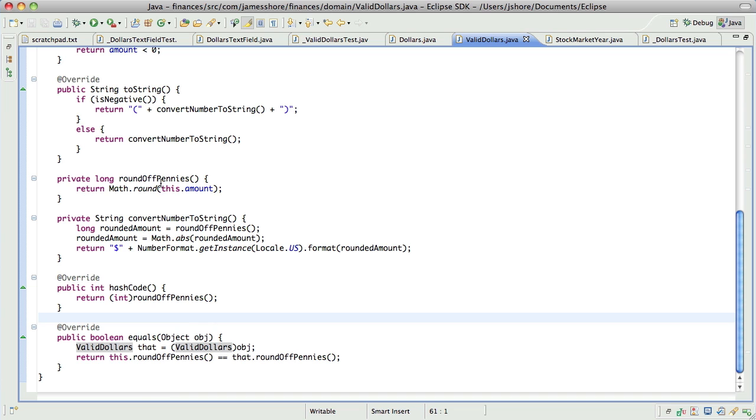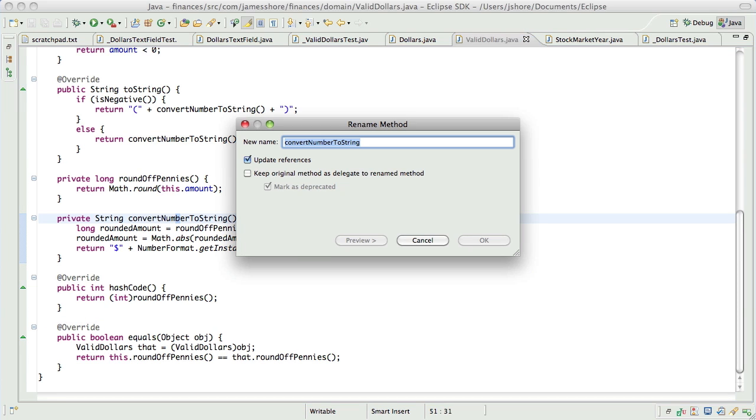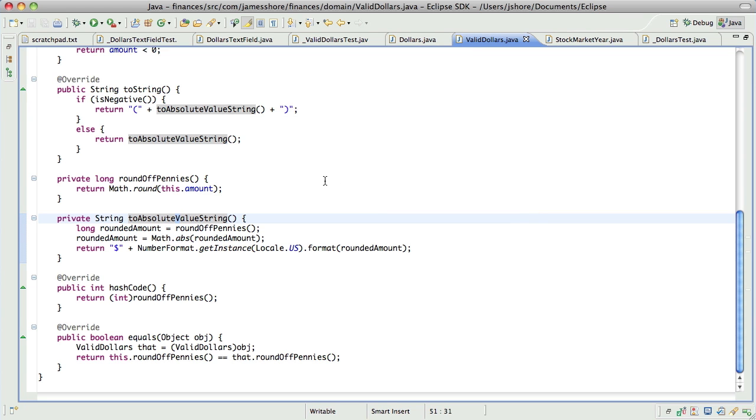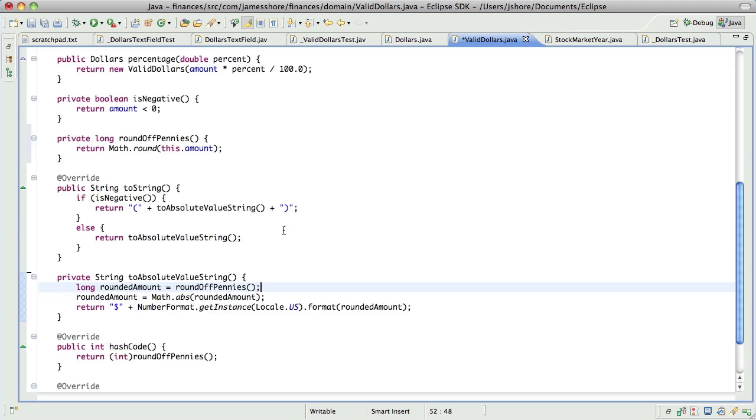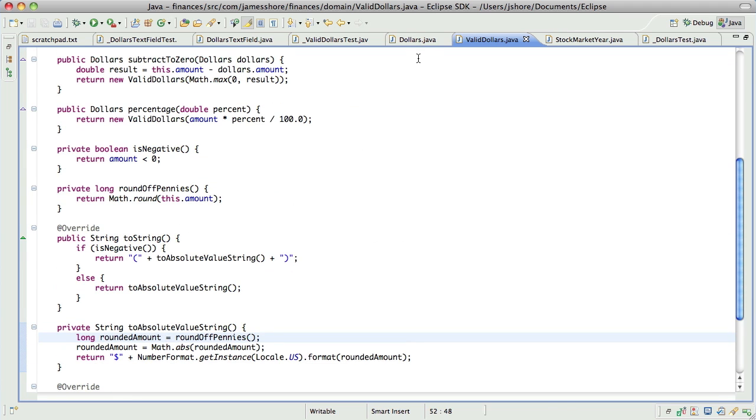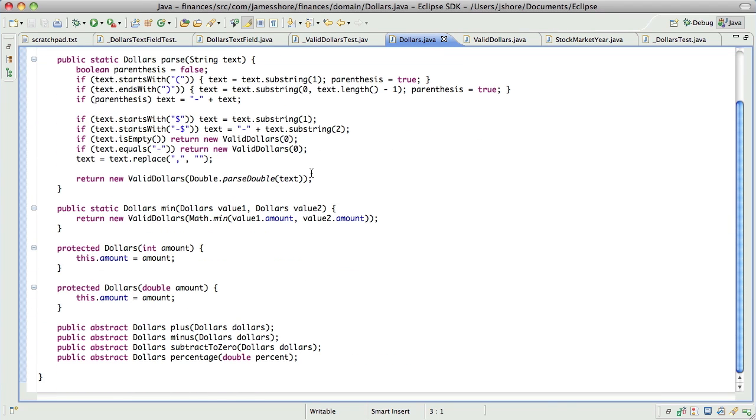And while I'm here, I want to call this toString absolute value or something like that. To absolute value string. There, that's a little bit better. And I think round off pennies belongs up here. Good. And dollars is looking reasonably good. We don't need,